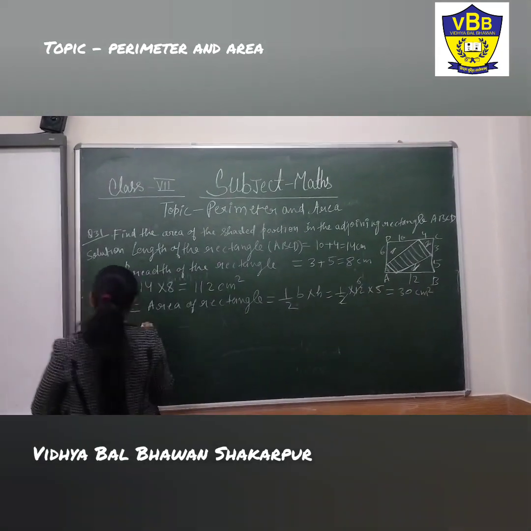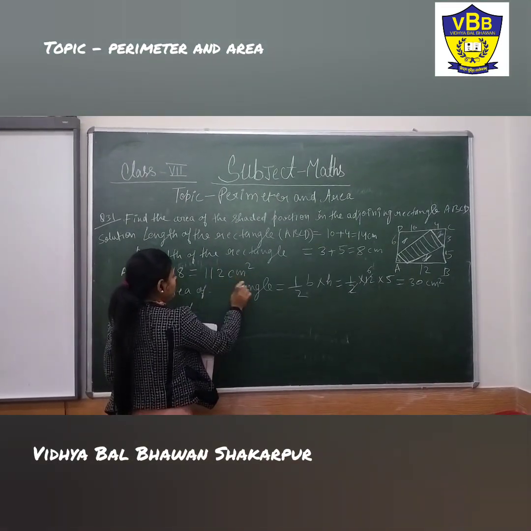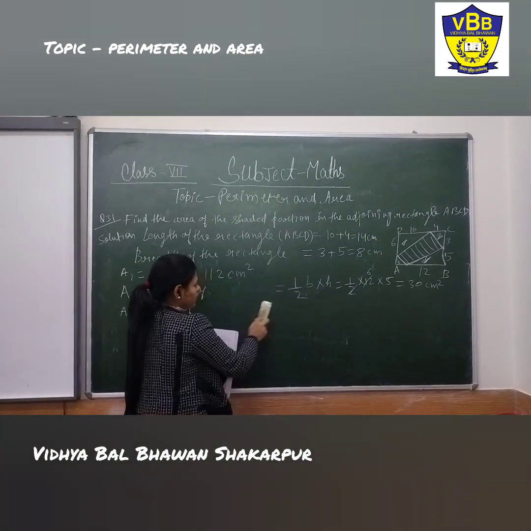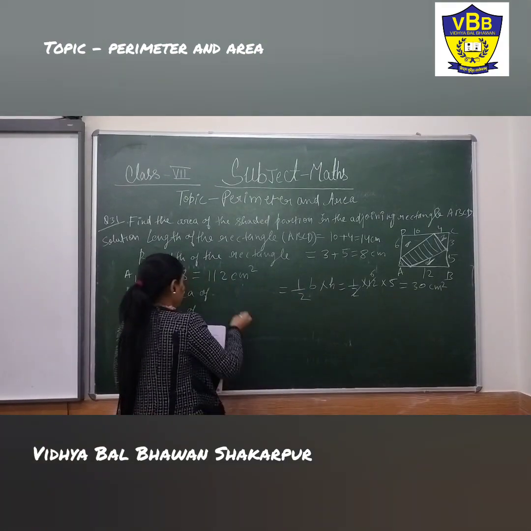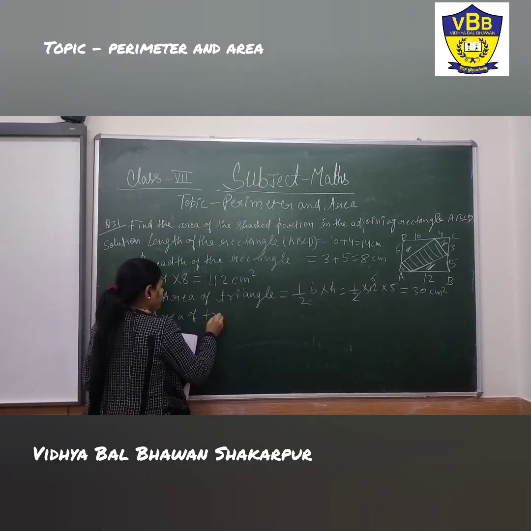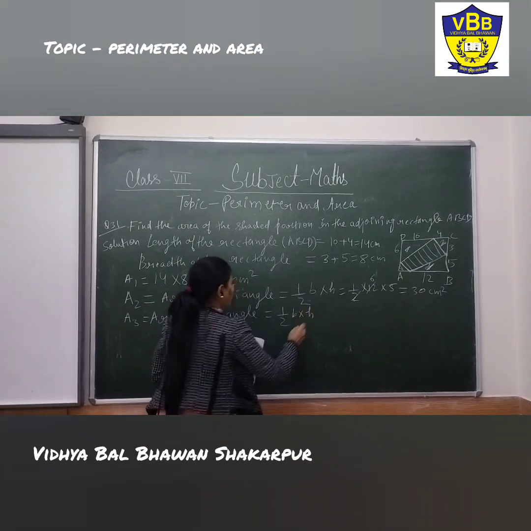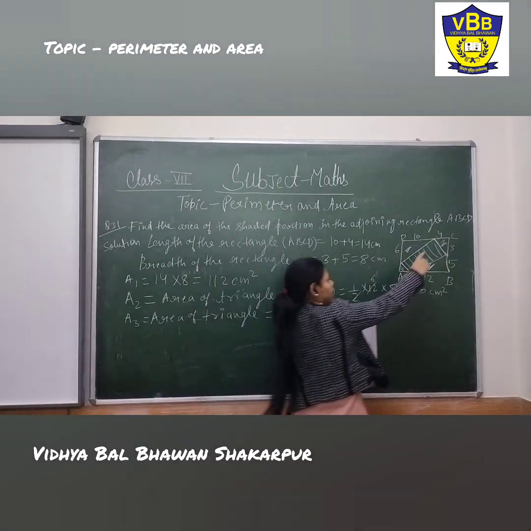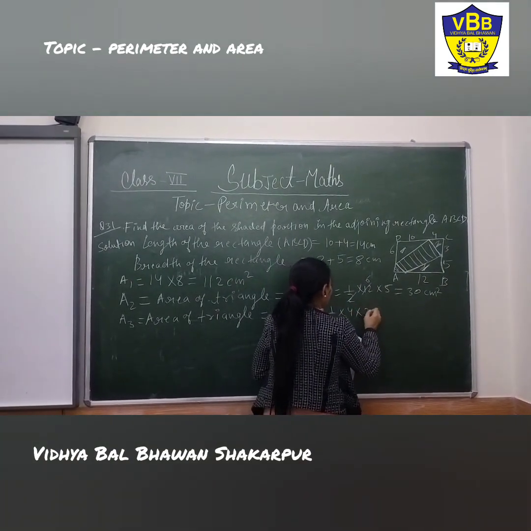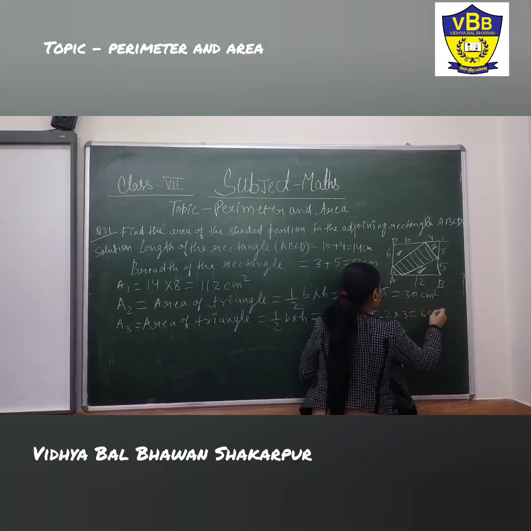So again I am writing area of triangle. It's not rectangle, it's triangle, students. As you can see, I have applied the formula of triangle, not the rectangle. Area of triangle is equal to half base into height. The base of this I am taking as 4 and height is 3. So half 4 into 3. After solving this, you will get 2 into 3, and that is equal to 6 centimeter square.